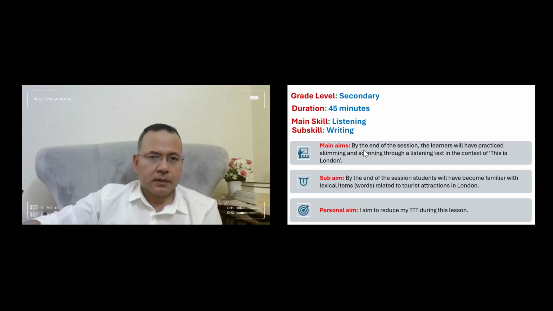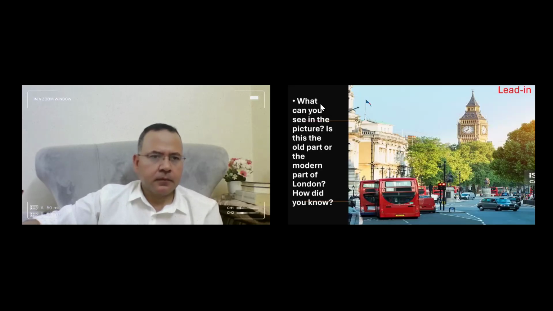Okay, now let's start. As a leader, I'll ask my students about this picture and ask, what can you see in the picture? Is this the old part or the modern part of London? And how did you know? So I'll get my students into the lesson gradually and easily so they are familiar with the topic of the